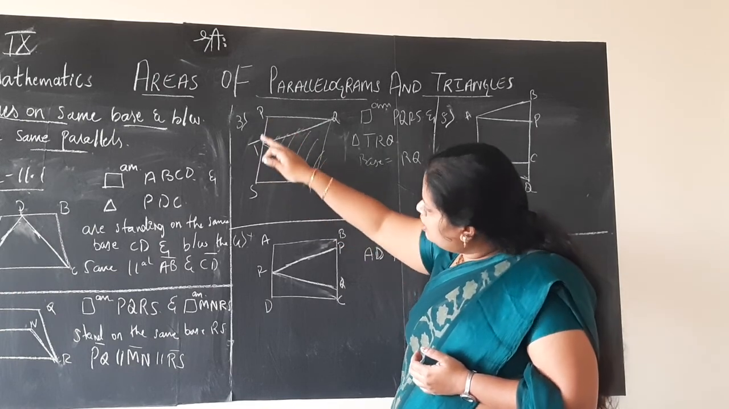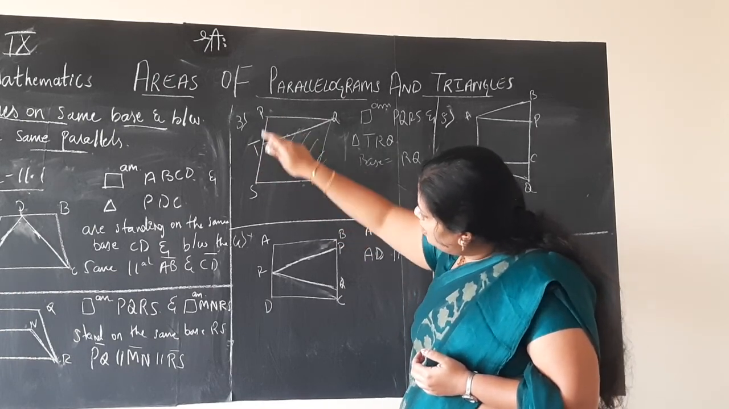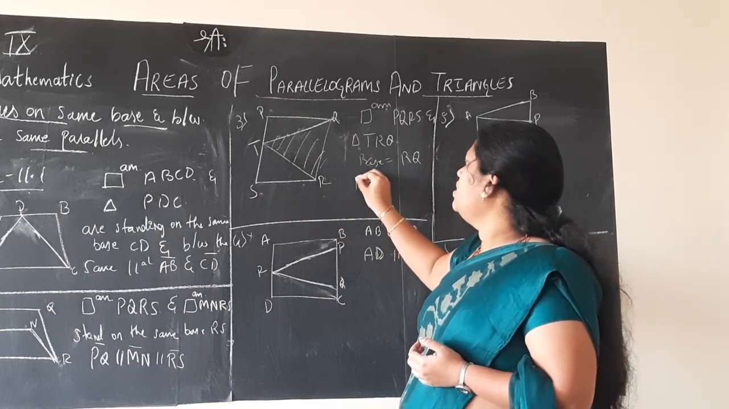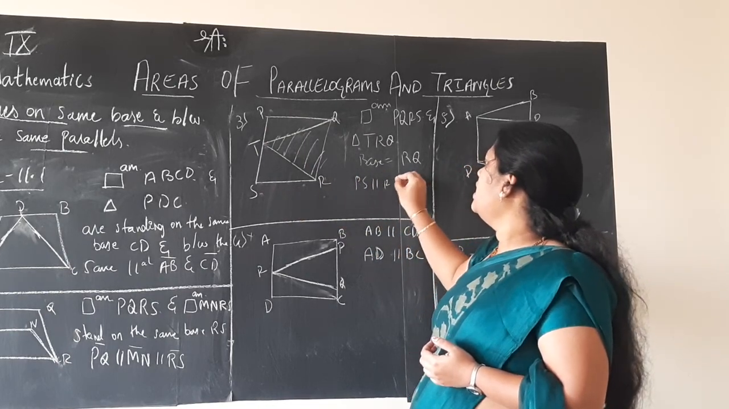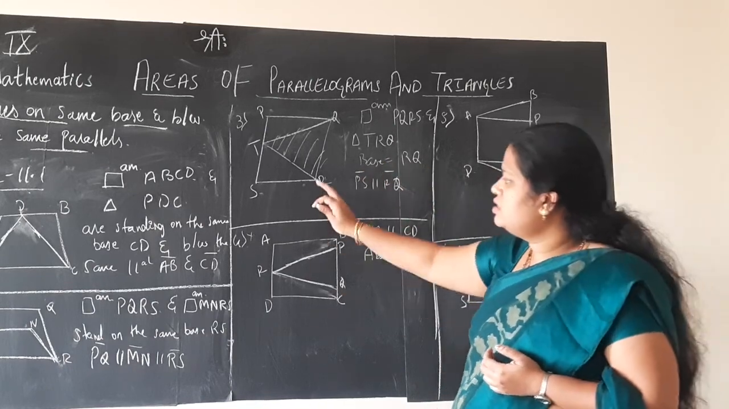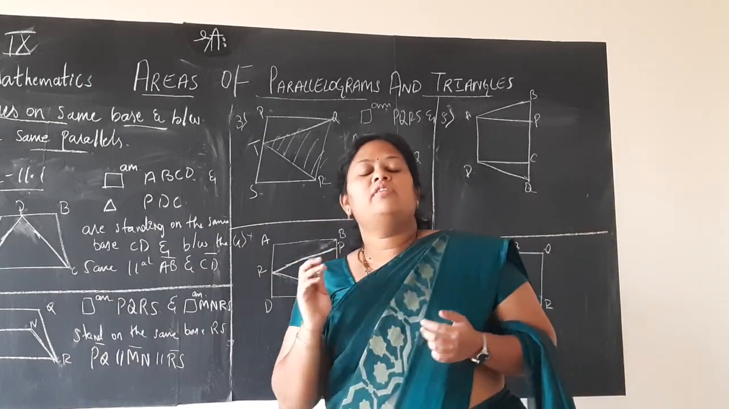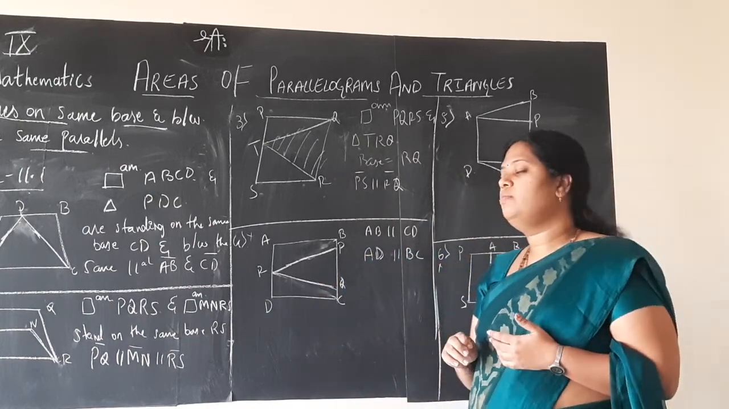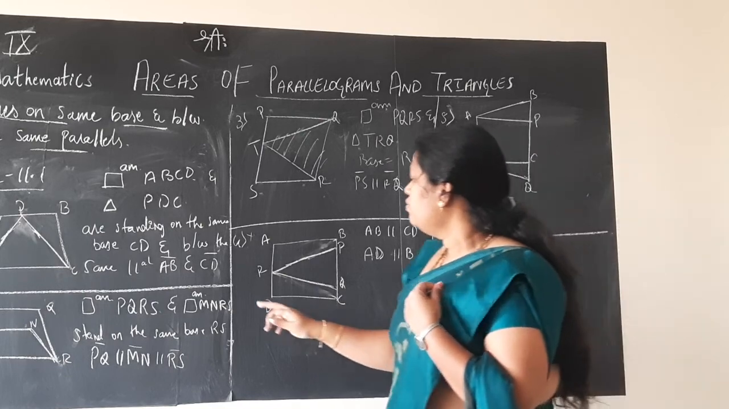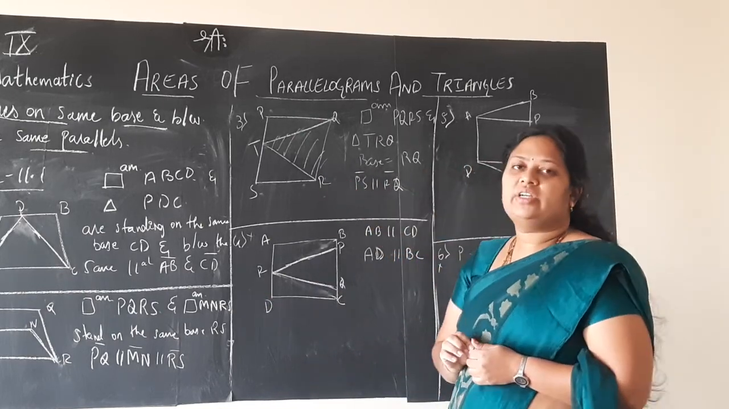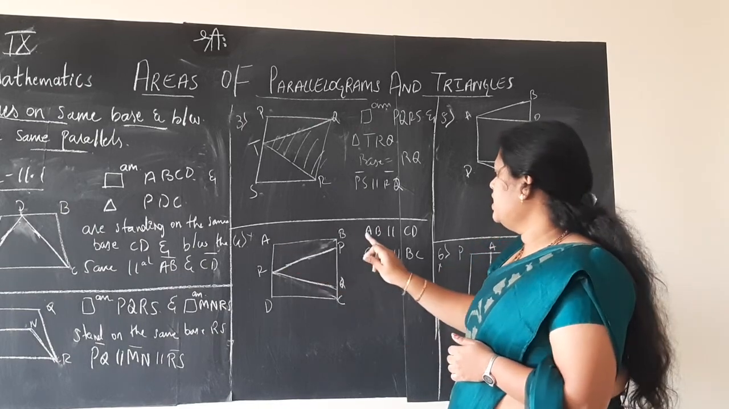Since T is also lying on the same line along the side PS, it is lying between the same parallels PS and RQ. So these two are the figures which are standing on the same base and between the same parallels. The fourth figure, if you consider, is similar to the third question, isn't it? First we can say